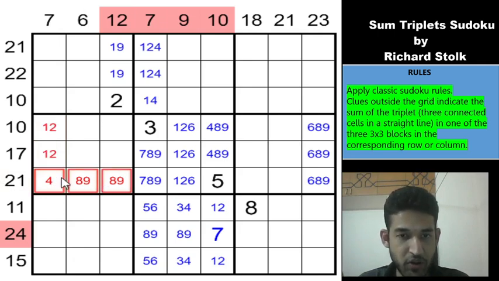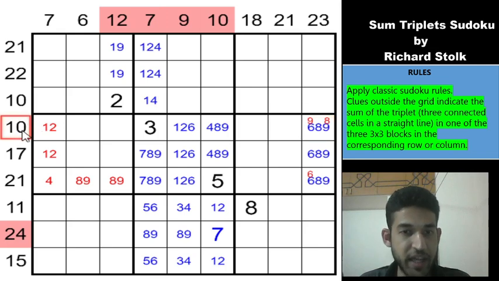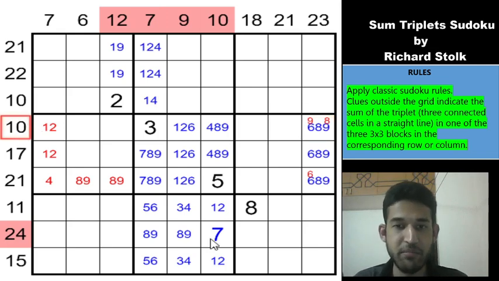So this becomes 4, 8, 9. The 4 would be here and this becomes 8 and 9, which means that this cell would be 6, and this would be 8 or 9, right? And now look whether this 10 can be satisfied. This is a really deep deduction, guys. I'm not sure if there is something better, but we'll